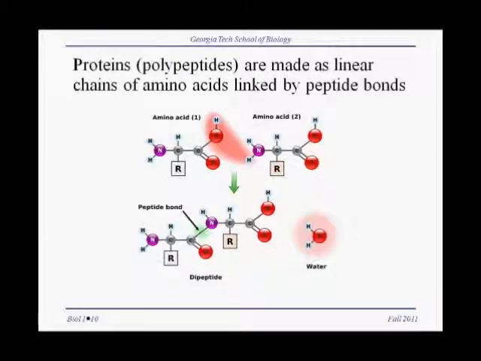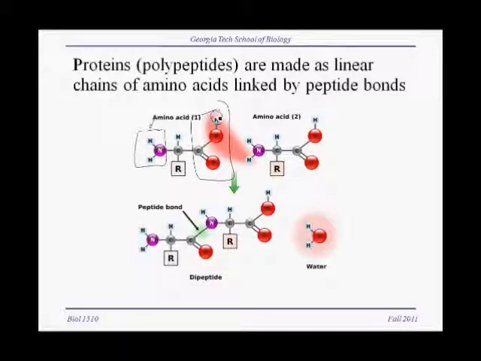So proteins are made of linear chains of amino acids linked by peptide bonds. This figure shows you both what an amino acid is and what peptide bonds are. So an amino acid, as the name implies, has an amino group, and this amino group is this nitrogen here with the 2 hydrogens sticking out. So that's amino. The acid part is the carboxylic acid. The carbon double bonded to an oxygen and bonded to another oxygen is called a carboxylic acid because this